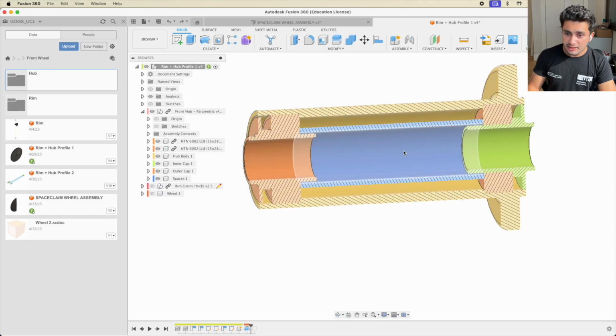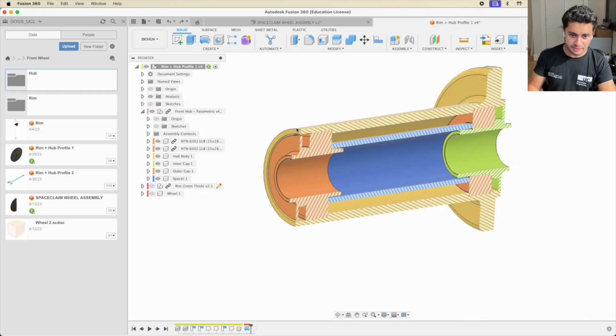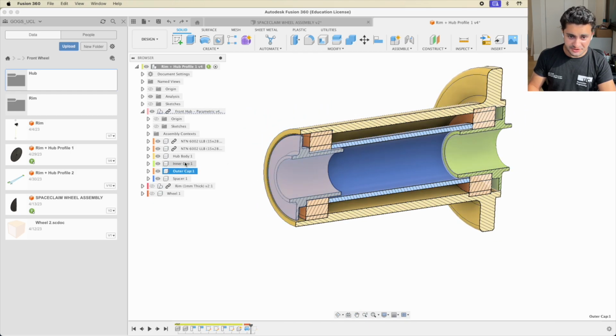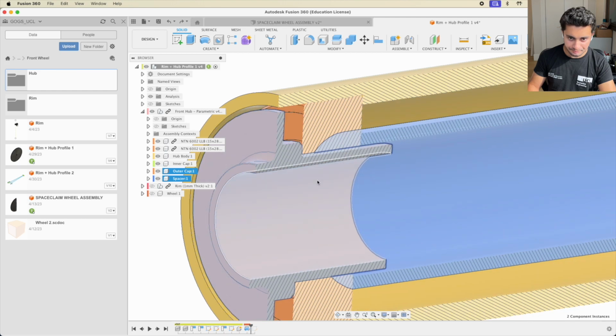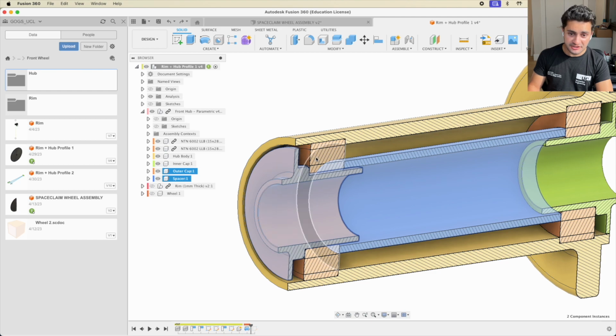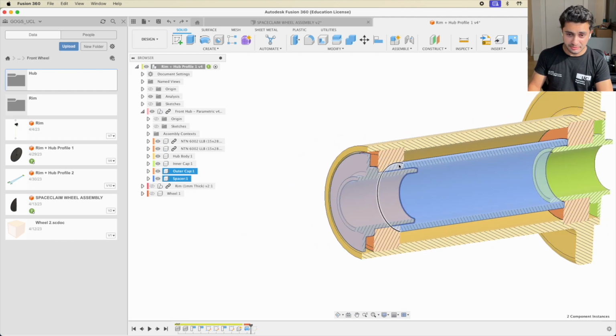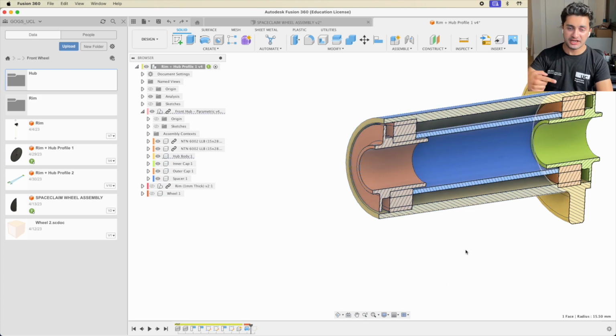So just to make that clear, I'll highlight the components that are being held in place. So the outer cap, the inner cap, the axle, which I don't have in this assembly, and yeah, the spacer, and of course the inner races on these bearings. Those are all held stationary, and the bearings interface with those stationary components to allow the hub body to rotate